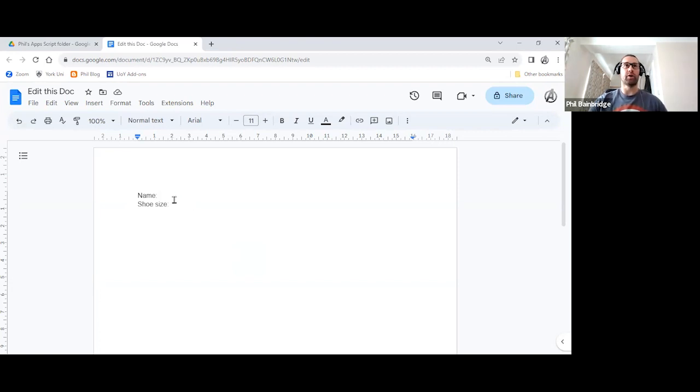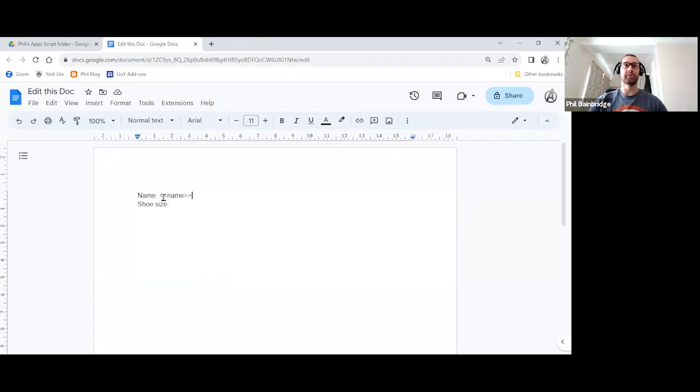So a way of identifying specific text in the Google Doc that we want the AppScript code to find and change. Now, typically, you would use the less than and more than symbols to do this. So what I've done there is two of the symbols and then the word name wrapped around each of them. Basically, the aim here is to create something unique in the document that doesn't exist anywhere else, so that the AppScript will only find and replace the exact item that you want.